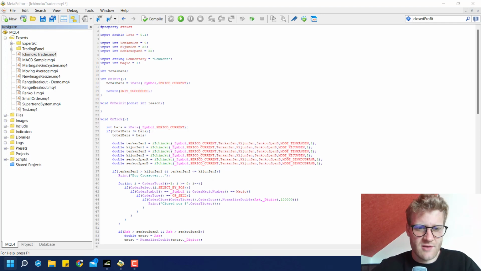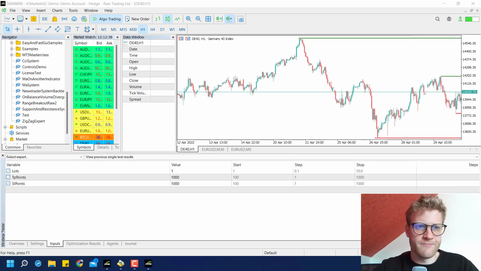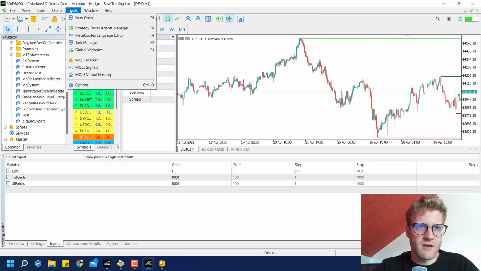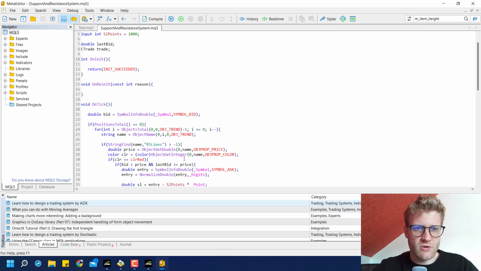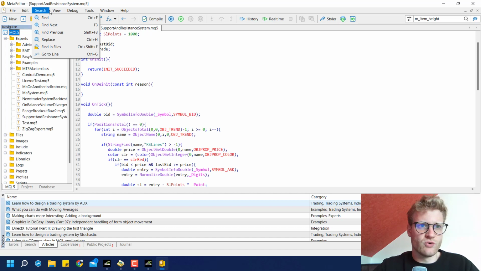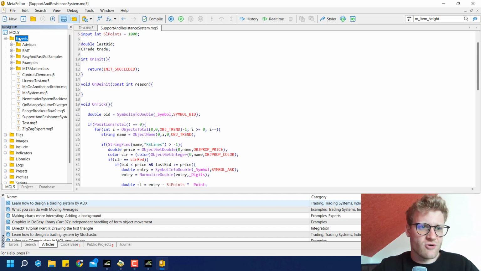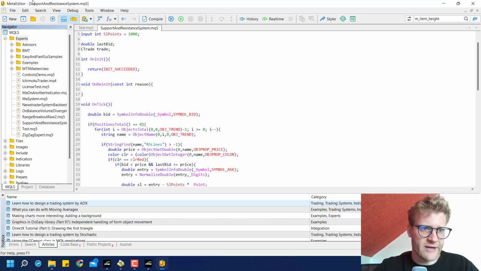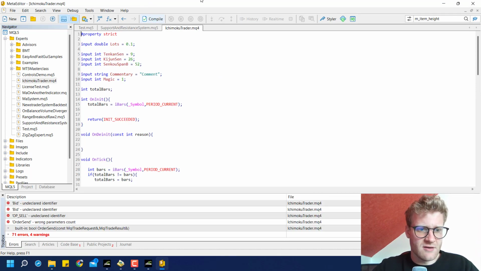MT5, because we want to transfer it to MetaTrader 5, so we will use the development environment of MetaTrader 5. I just opened the MetaQuotes Language Editor here, and there I go to the Navigator again, and again, if you do not see it, click on View, Navigator, and I click on Experts. I open this folder, and I drop the program here, Ichimoku Trader. So on the left side, this program now appeared in the